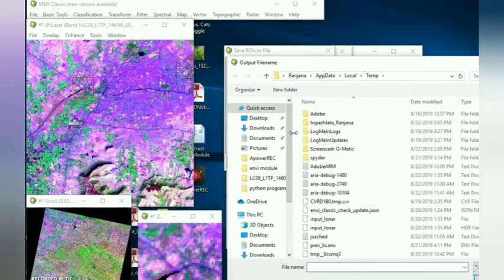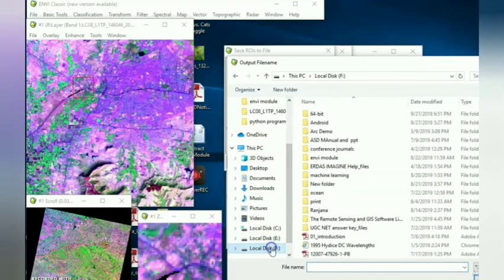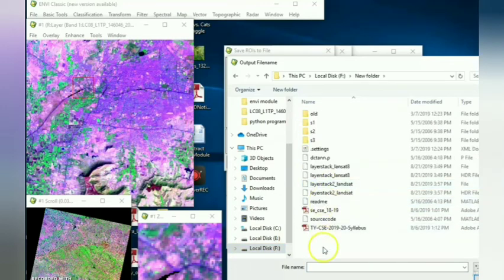Now this is exporting the ROI. First you need to save the ROI at a particular place. In a folder you can save the ROI and whenever you require you can export those ROIs. Give a name to the ROI file.